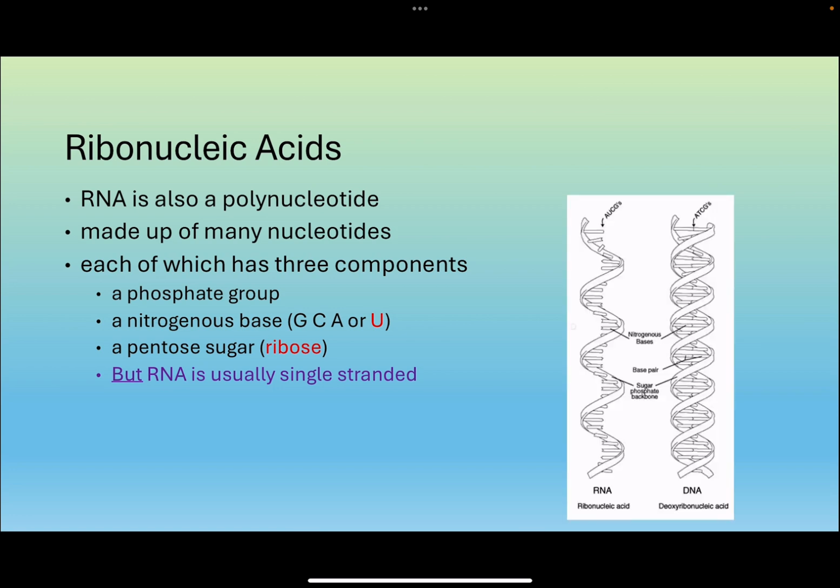So here in this diagram, you can see that where DNA has a double helix structure, RNA is normally existent as a single strand. So those are the key differences between DNA and RNA in terms of their structure. So that's all we need to know about the structure of